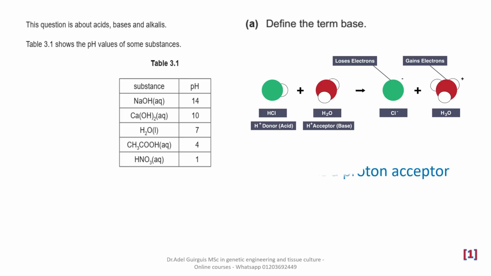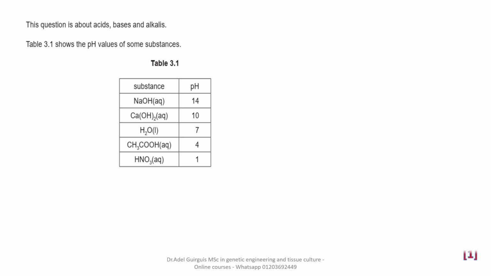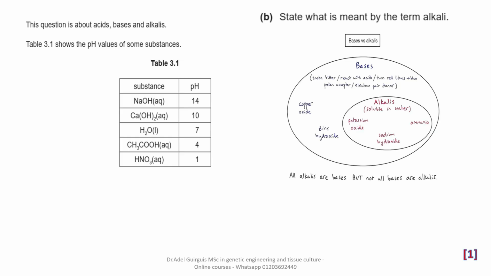What is meant by base? Base is a proton acceptor. Letter B. State what is meant by the term alkali. There is a big difference between the terms alkali and base. Look at this figure. Bases include alkalis, but alkalis don't include bases. What is the meaning of this statement? Here, bases are divided into 2 groups,